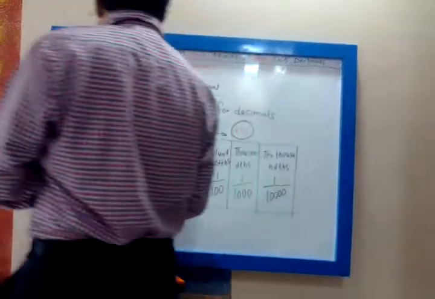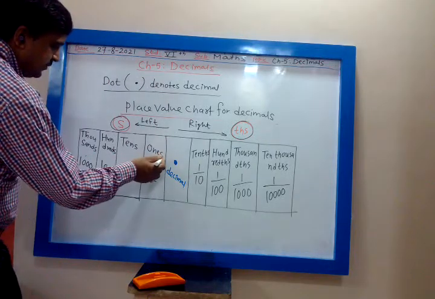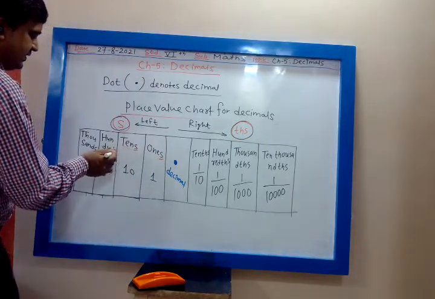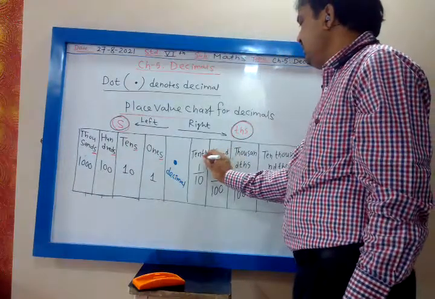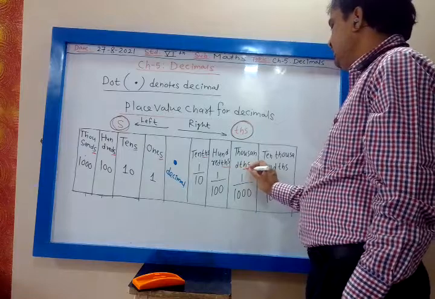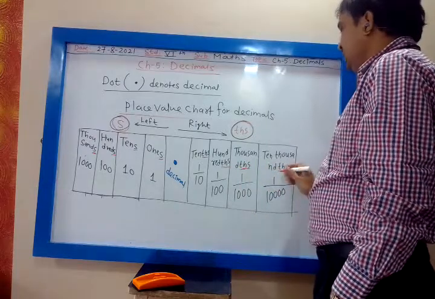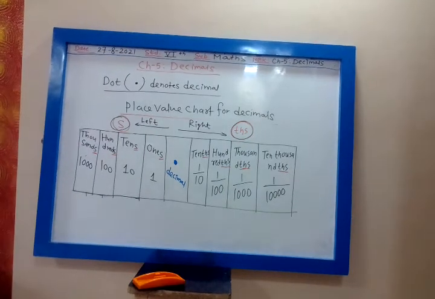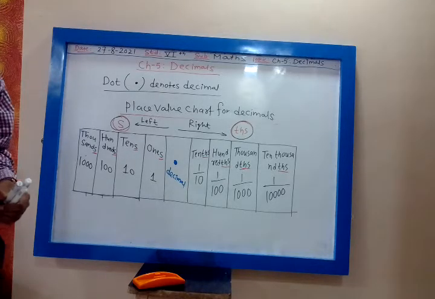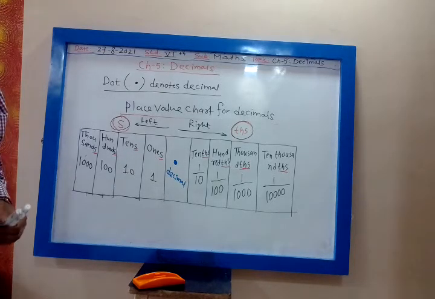So if you see, on the left side we have S, S, S, and on the right-hand side we have THS, THS, THS. THS means it is the decimal part. S means it is the whole part. Yes. Board is clear, absolutely. My dear, it is showing clear from my side.